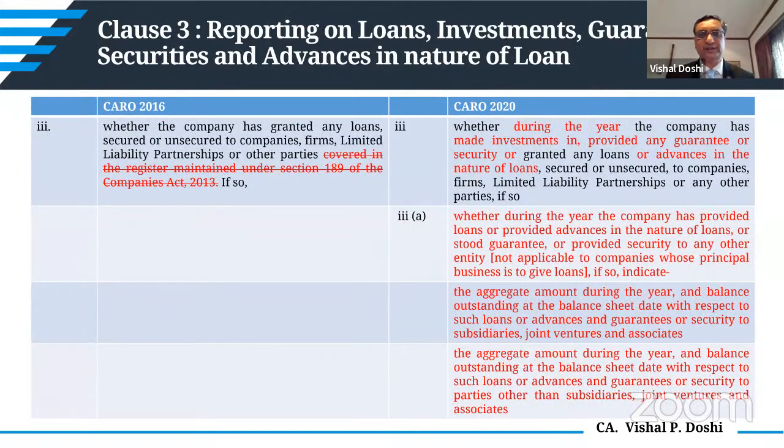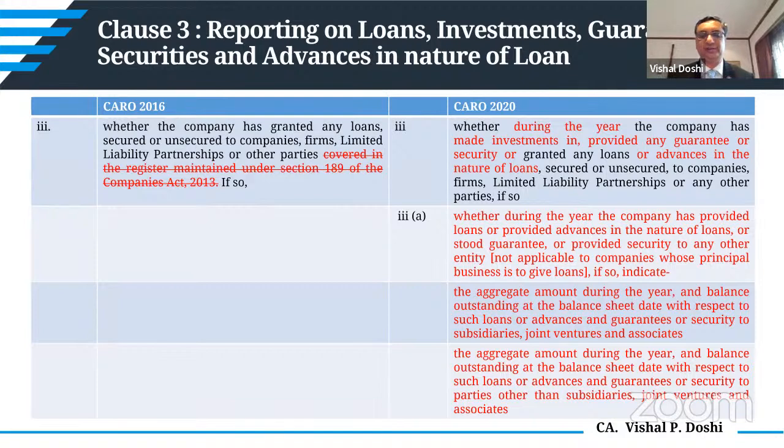With respect to loans and advances given, earlier the requirement was reporting with respect to related parties. So, parties covered in the register maintained under Section 189 of the Companies Act, that has now been removed. So all types of transactions, all the parties would be required to be, जिसको भी loan दिया है, सारे reporting में आएंगे. So the first category is a bifurcation between loans and advances and guarantees or securities given to subsidiaries,